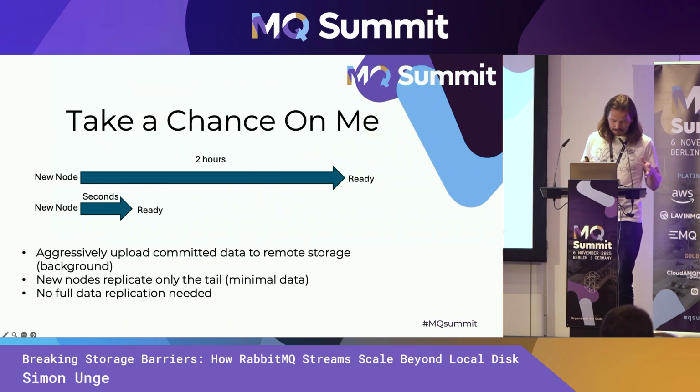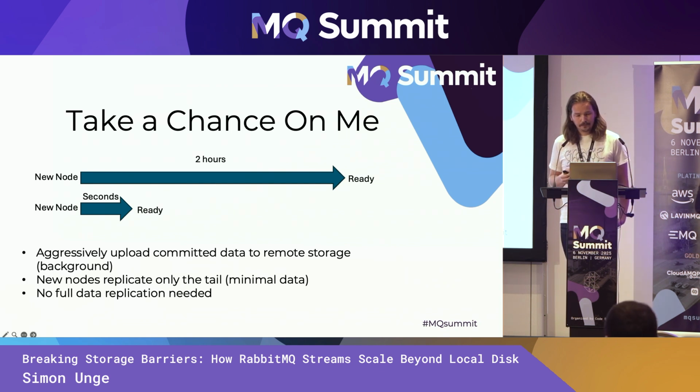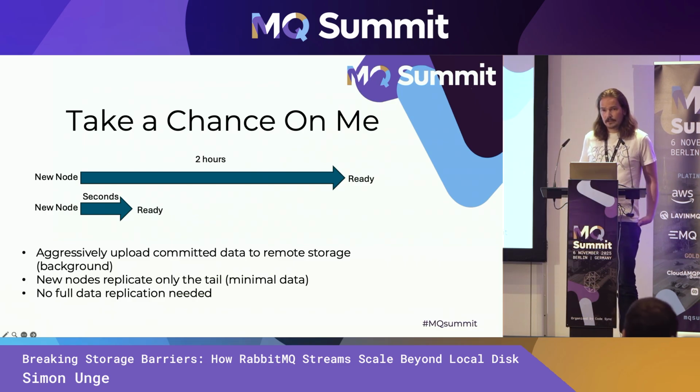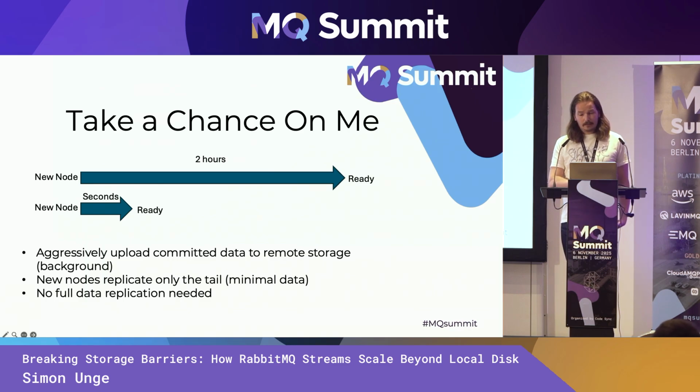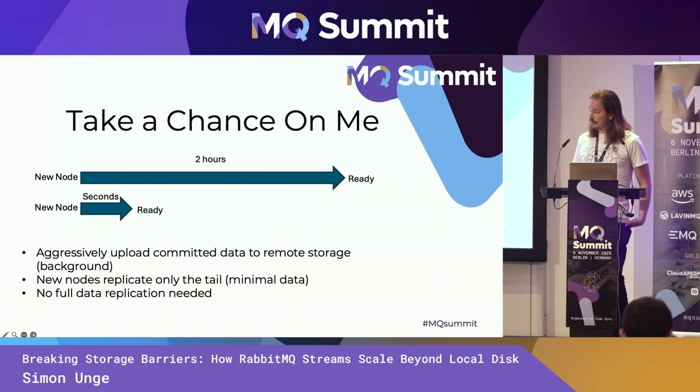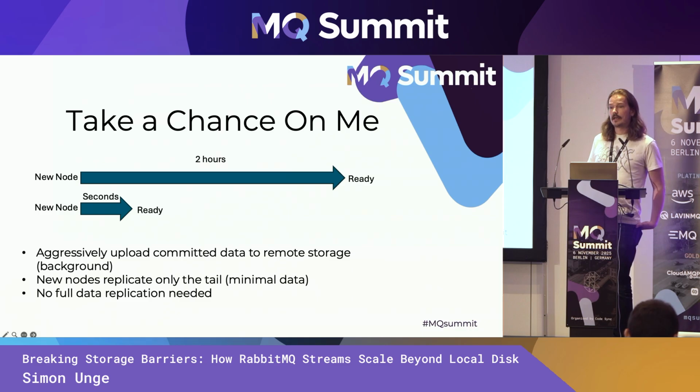So instead of saying we replicate only 50 gigabytes of data, what if we only replicate the tail? If we aggressively upload everything else to remote storage, then when you add a new replica, all it has to do is get the tail from the other nodes of the cluster, say 50 megabytes or so, because it no longer needs the full data, because the full data is already in remote storage, right? And compared to traditional tiered storage, we don't have to wait for data to age out or your disk to fill up. We immediately just archive it.